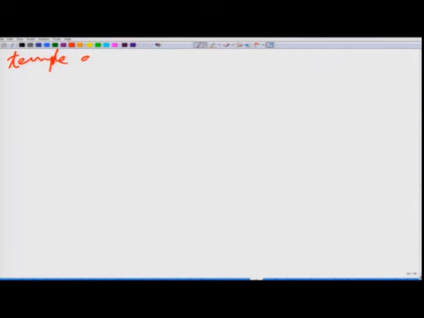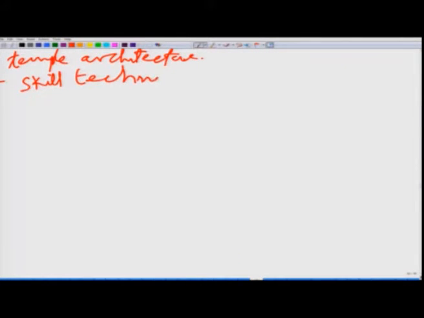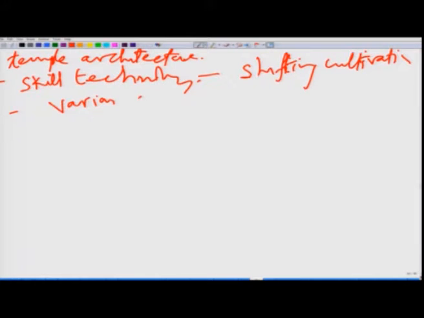Now, Bose also has written significant works with regard to temple architecture. And he had a very good understanding about the architecture, what it wants to communicate. Especially he wrote on professional skill technology, and also he tries to understand skill technology, especially with regard to shifting cultivation, followed by how the various crafts of the Indian society are to be seen in terms of